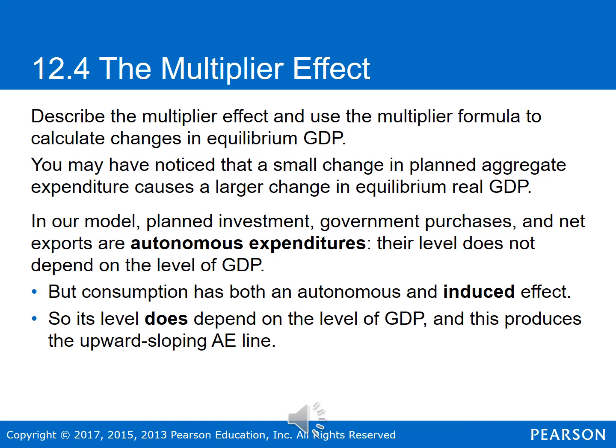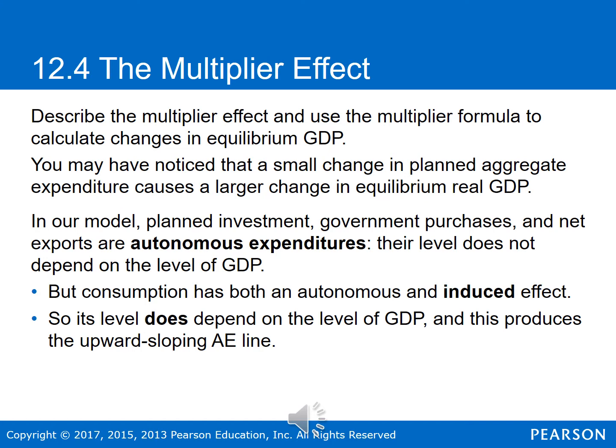But for consumption, for that portion of GDP, that's going to have an autonomous and an induced effect. So some of it is going to come from the amount being purchased and the GDP in the previous period, and some of it is going to come from other things. So the level of consumption does depend on the level of GDP. So this is going to produce the upward sloping aggregate expenditure line that we're going to work with